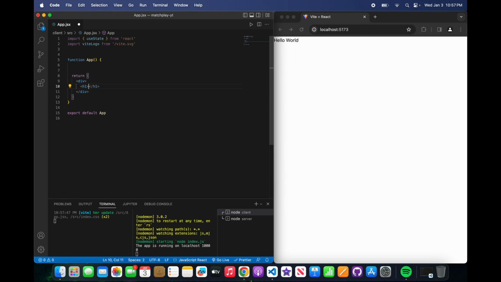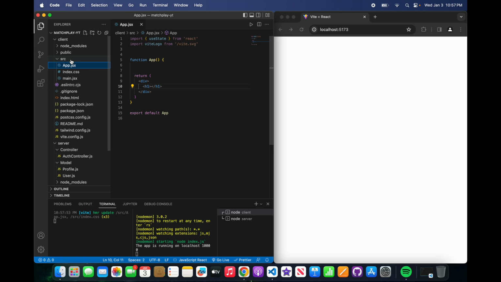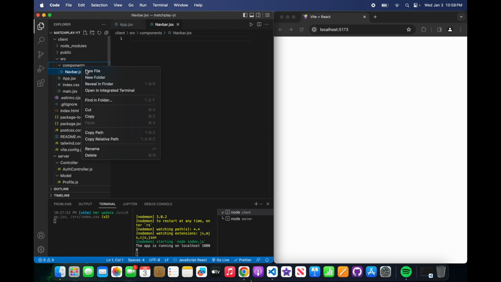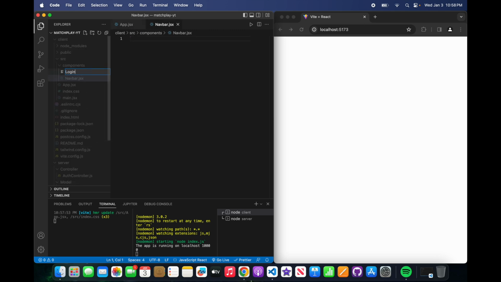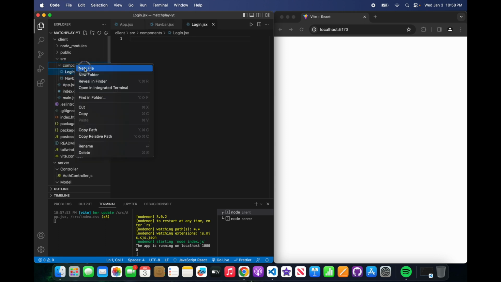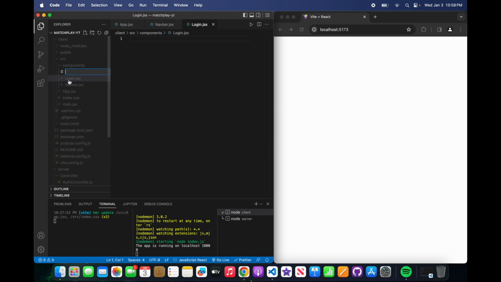So what we want to do now is create a components folder within our source. So we want to say new folder, components, and within this components folder we're going to have a couple of components. We're going to have the Navbar component, our Login component, and if you're a beginner, just remember, though this is an advanced project, any component you create with JSX has to begin with a capital letter, or it's going to give you problems. Register.jsx,